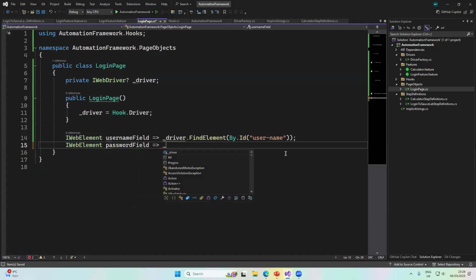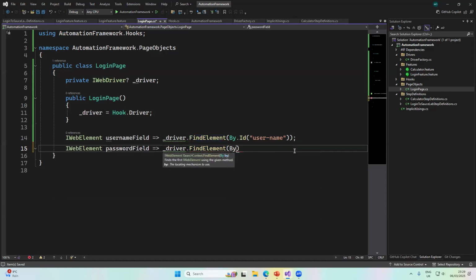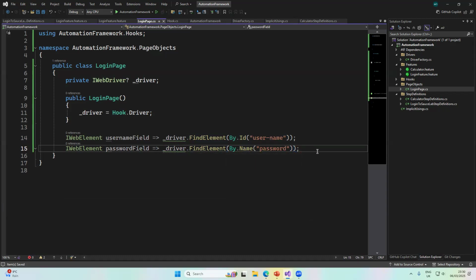Return _driver.FindElements by name. Open it, and I'll put a double quotation because it's expecting a string. So now paste in the password name. So this is for the password. The next one we need to define is going to be our